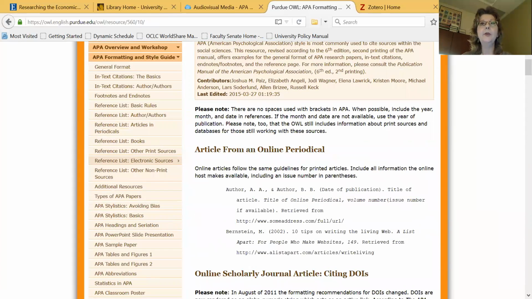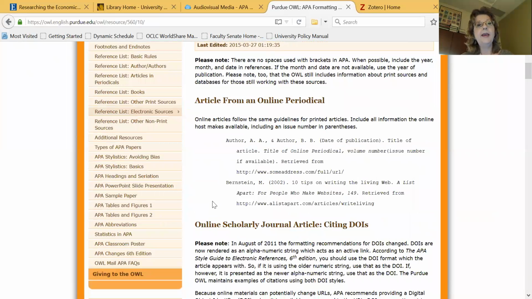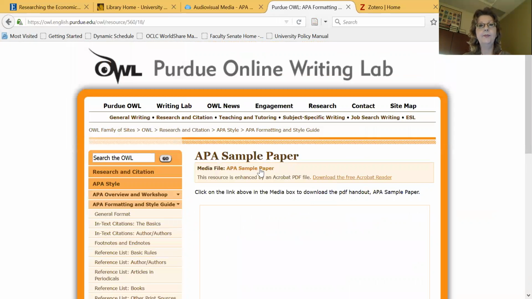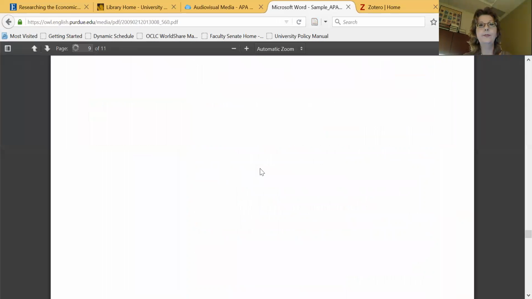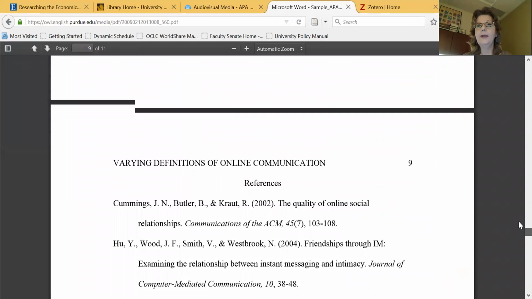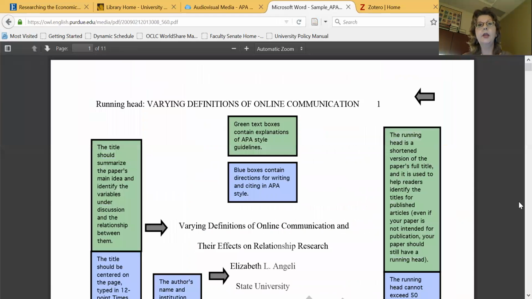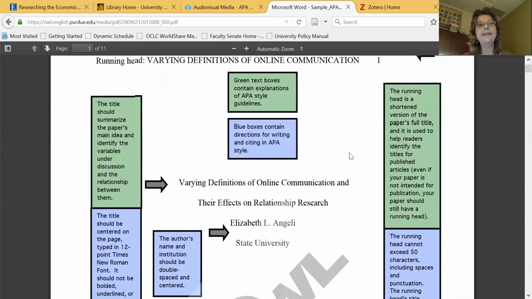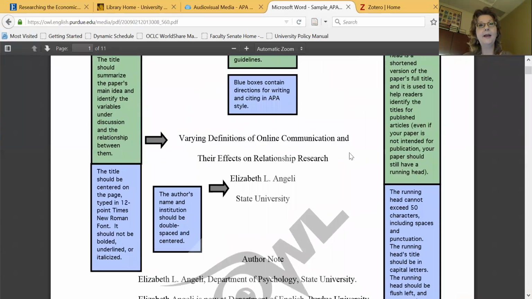So this can give you a start on the way that you would format those references or correct them accordingly when you're proofreading. The APA formatting site from OWL at Purdue also includes something called an APA sample paper. And when you click on this, and we'll go back up to the top of this paper, you can see exactly how a sample paper in APA style is formatted. When you start writing research papers for your assignments, this is going to be really good